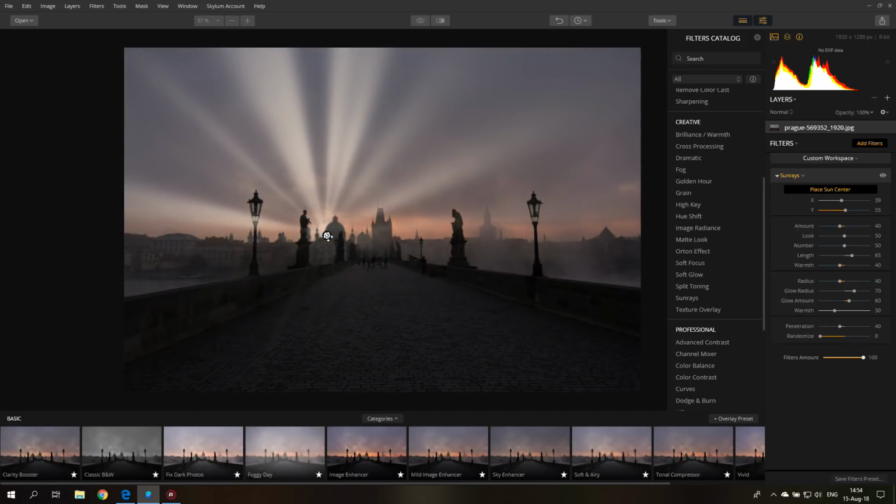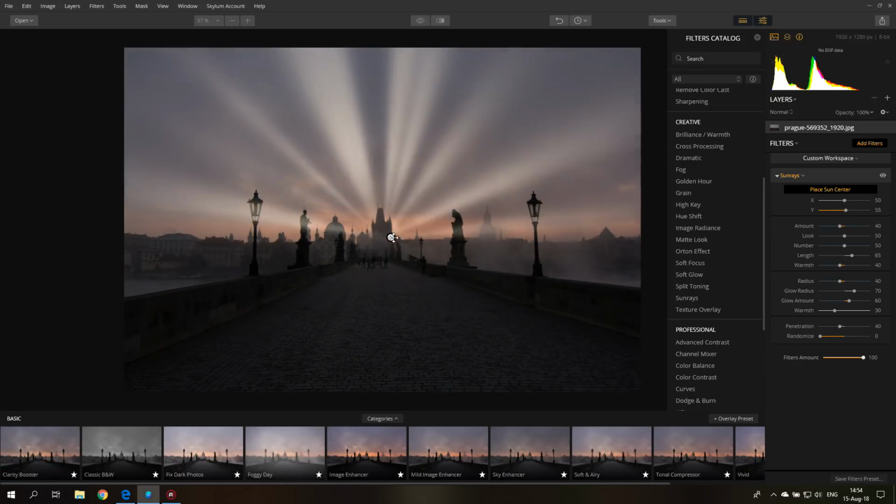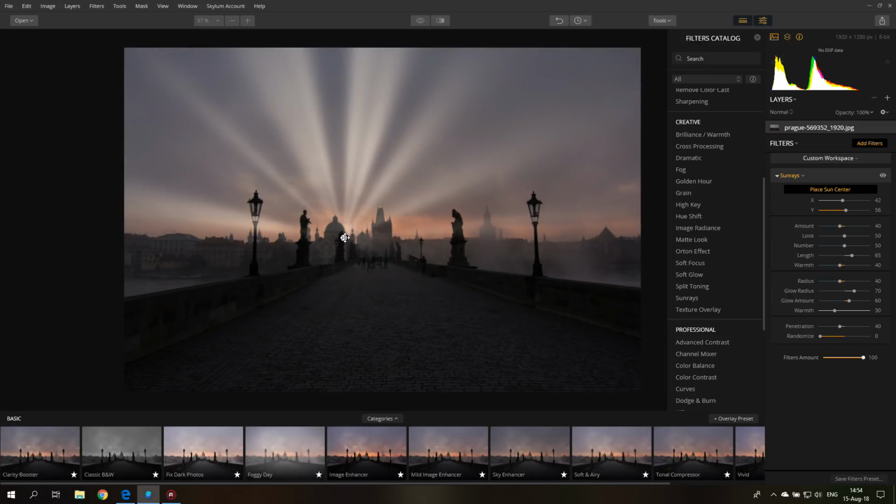So if I move it behind houses, the lower rays are going to be hidden as it would be naturally the case with the sun rays in a picture. So that is very nice. And the software is understanding where the sun should shine or not shine. And then you can still, let's click here on Place Sun Center again, so the point is gone. And now we have all these kind of settings for the rays, but also for the glow radius in the middle, and also for penetration and the randomness